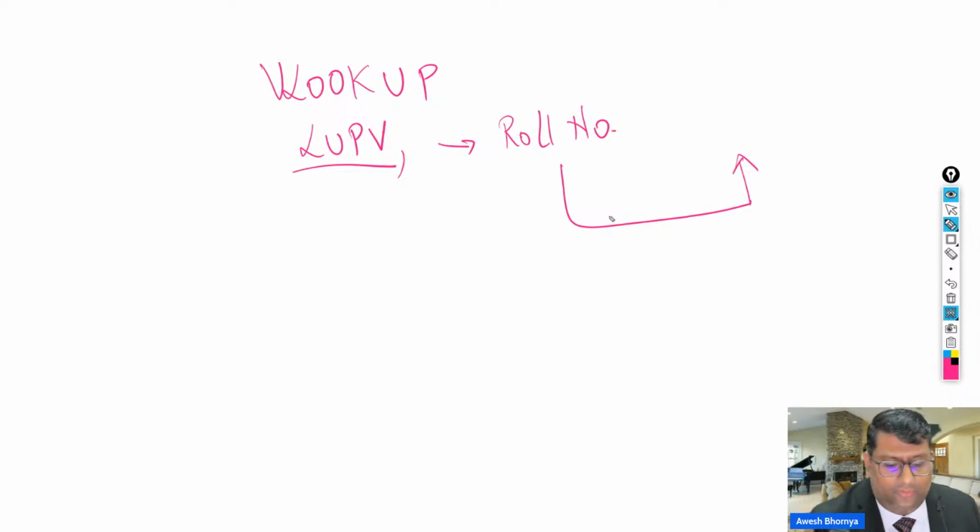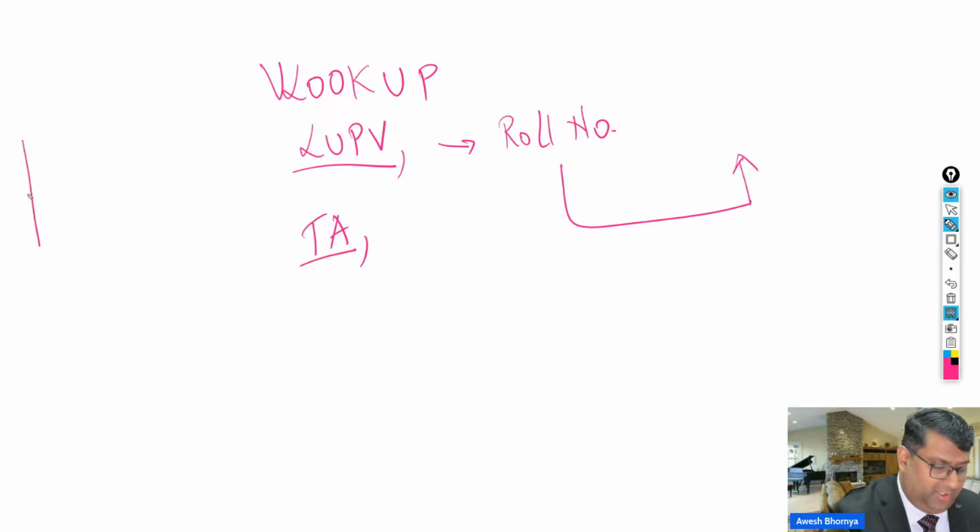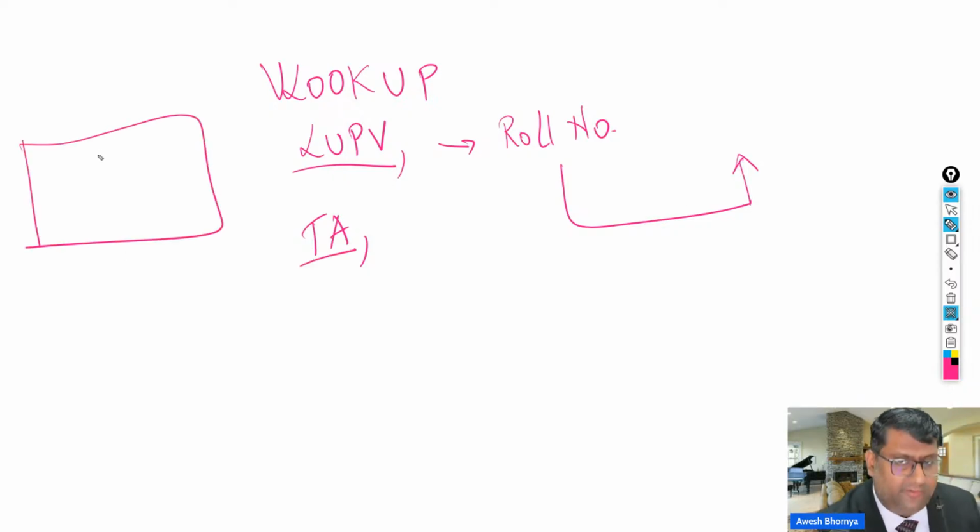So my lookup value becomes the clue, and then I have the table array. Now the question is, where do I have to find this data? Where do I find the data from the roll number to, maybe, the location or specialization? That is the table array. I could have a table with multiple columns, with roll number as the first column. Now this is a very important step: your roll number should be in the first column specifically.